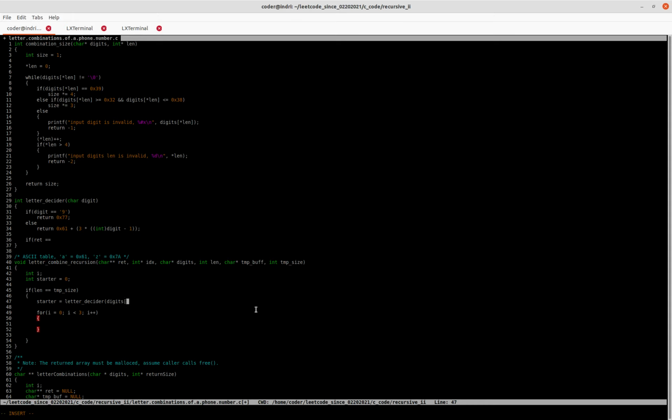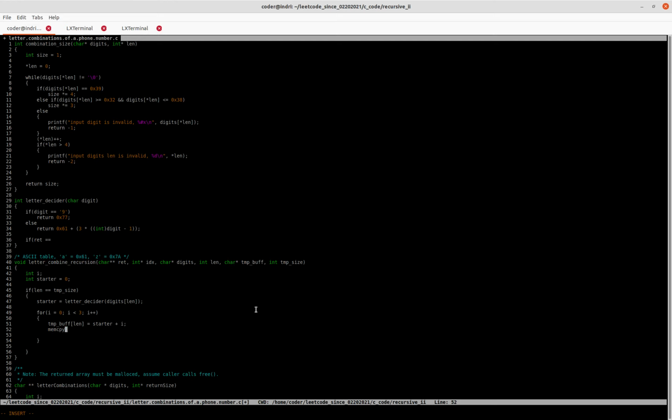Okay, digits length. So that tells me for, that means temp buffer length equals starter plus I,